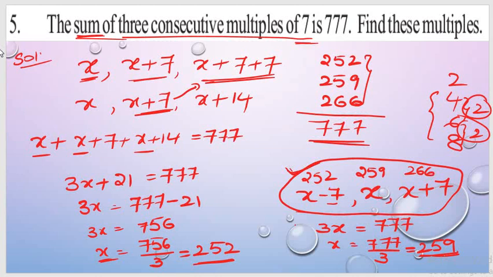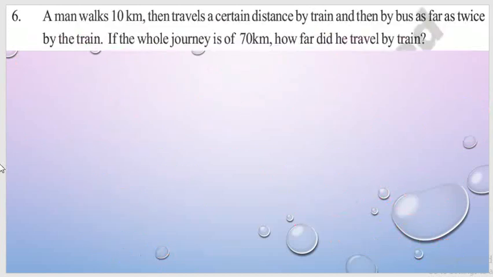This particular approach is mostly followed when you are getting odd consecutive multiples, like 3 consecutive multiples or 5 consecutive multiples or 7 consecutive multiples. In such cases you can apply this approach, which brings the answer in an easier way, right? So this approach is also correct, and it also gives you the same answer. Okay, right? Next, moving on to the next question.